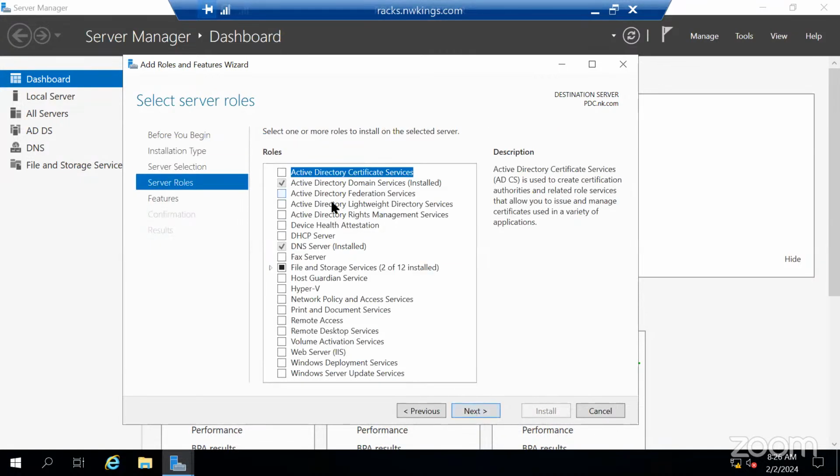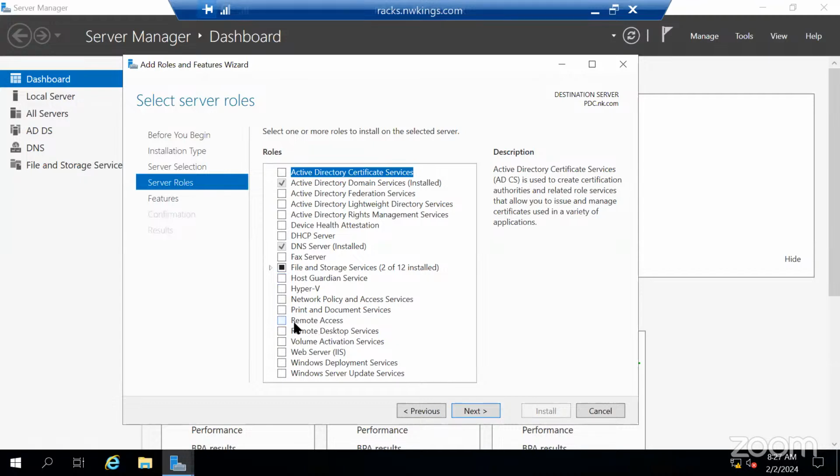And now there are a number of roles available that can be installed. See, I was talking about how in the server, Hyper-V is available by default. You can just check Hyper-V and install it on servers also. All right. And we have DHCP server, host guardian services, network policy, print management, and then remote access.